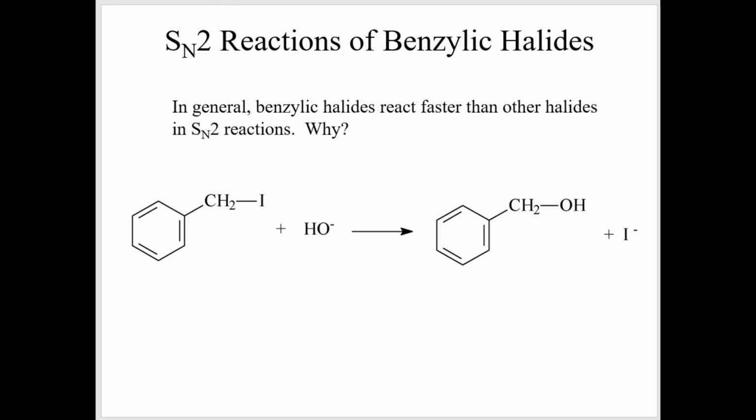Okay, so in terms of this benzylic position, we're going to talk about the carbocation stability and how that can affect reactions. And we're also going to talk about right now the idea of SN2 reactions. So if you have a benzylic halide, the OH minus can come in and do an SN2 reaction on that. And the benzylic halides will react faster than other halides in SN2 reactions. And the answer is why? Well, because in the transition state to this reaction, and I'm using an iodine as a leaving group, what I will end up with is